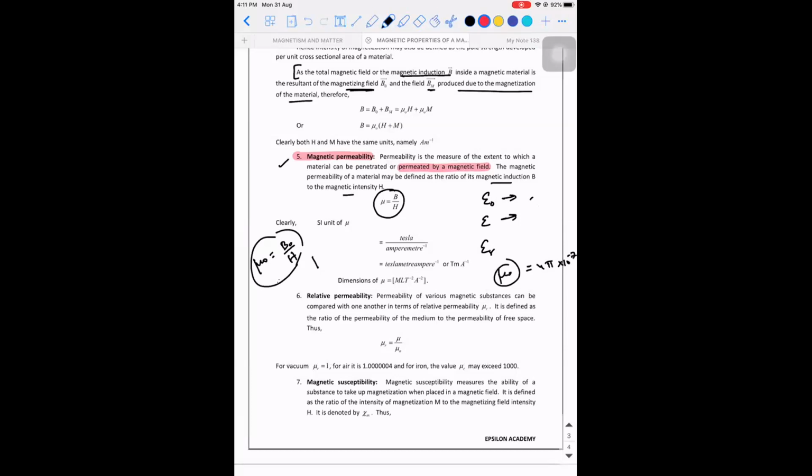Then what will mu be? Mu naught is the permeability of free space, so the material also should get magnetized in free space. If it is getting magnetized in some other medium, it will be B divided by H. Are you able to understand the difference between both? They both look similar, but they are different. Can you explain once again, sir? See,